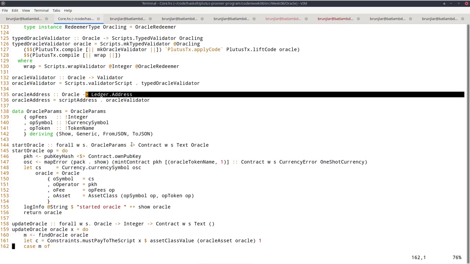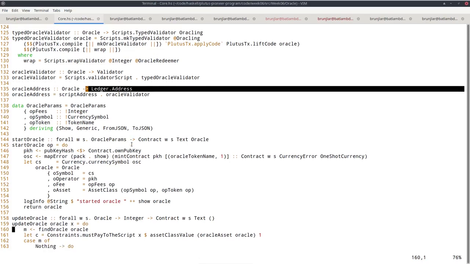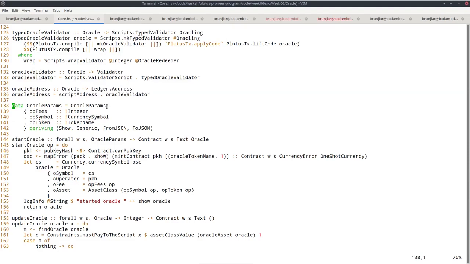Not to use it, because how it is used exactly depends on who wants to use it, in which context. So on the diagram, we had the swap example, but there can be many other examples. I called it an open API earlier. So to create a valid transaction that actually makes use of the update, of the use redeemer is not the responsibility of the author of this Oracle contract. Whoever wants to use the Oracle will make sure to create a transaction that actually invokes this.